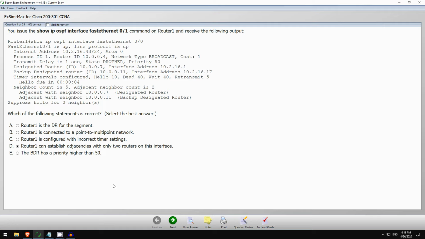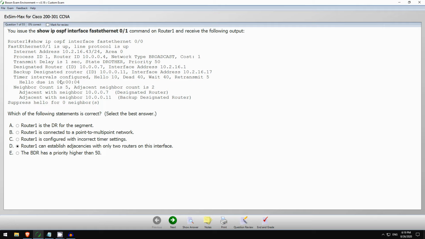Now, why do I think D is correct? The key to this question is knowing the difference between an OSPF neighbor and adjacency. Sometimes those words are used to mean the same thing, but technically speaking, in OSPF they are different. Look here in the output. Neighbor count is 5, adjacent neighbor count is 2. So although Router 1 has 5 OSPF neighbors, only 2 of those are adjacencies,